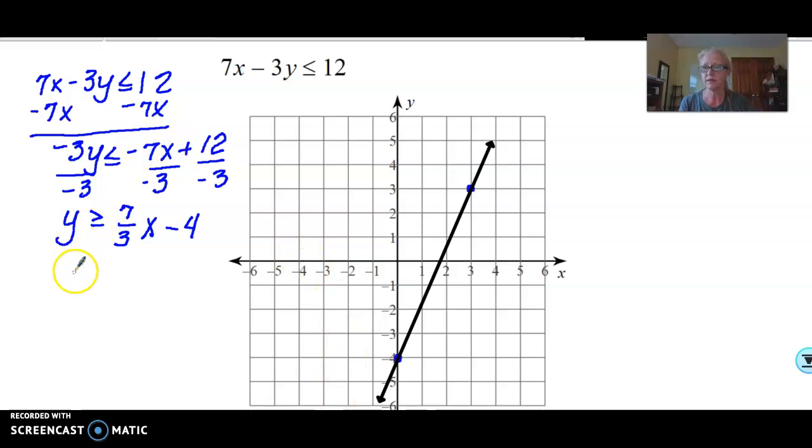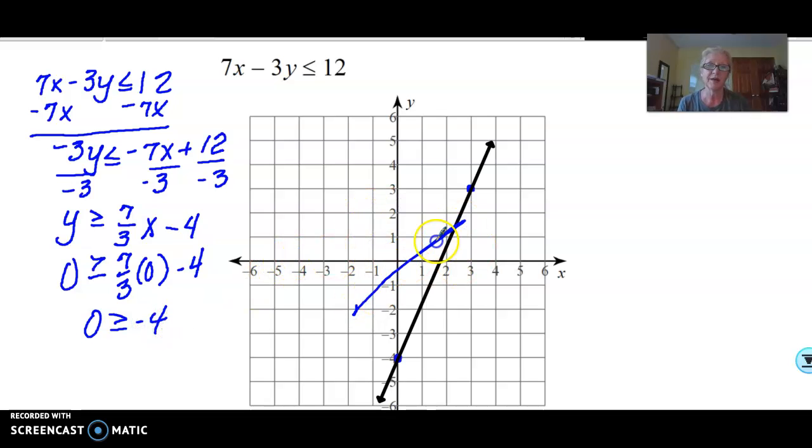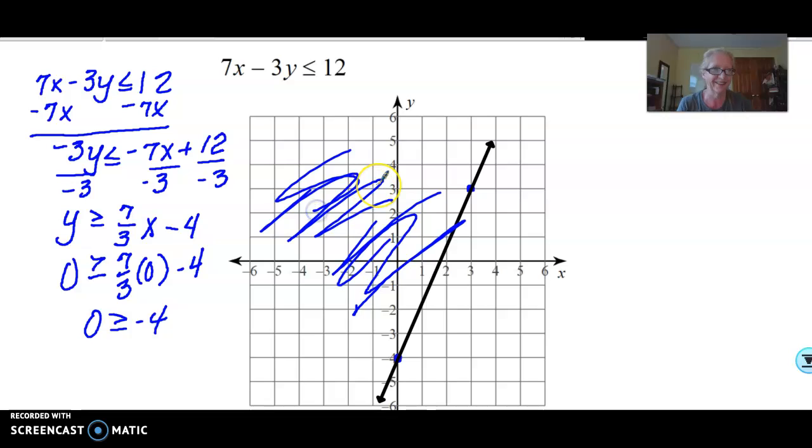If we put 0, 0 in here, we would have 0 is greater than or equal to 7/3 times 0 minus 4. Is 0 greater than or equal to negative 4? Heck yes, it is. So this is the side we want to shade. That's terrible. You'd want to shade the left side. Yeah. Don't judge. All right, my last